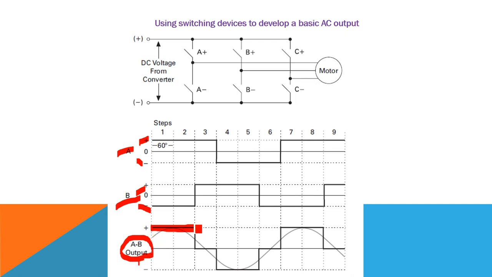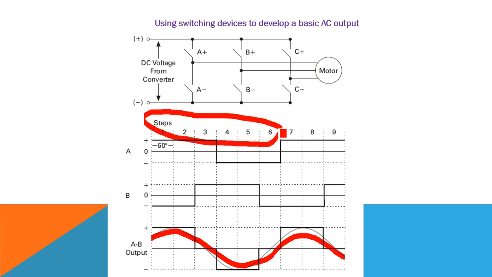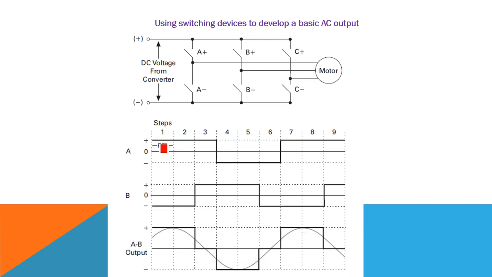So we will be getting an on time and some off time, and in the reverse direction it will be operating, and it is going like this. So effectively what happens, it is becoming a sine wave like this. And we are having 6 switches, and in a single cycle we know there are 360 degrees. So each switch will be controlling 60 degrees. 6 into 60 will be getting 360 degrees of control.